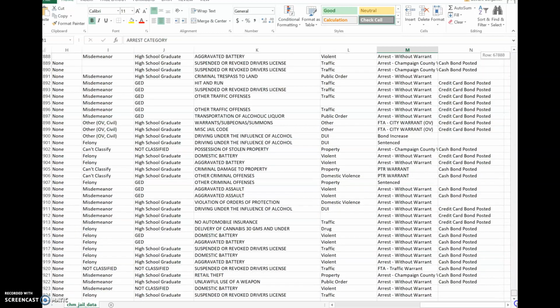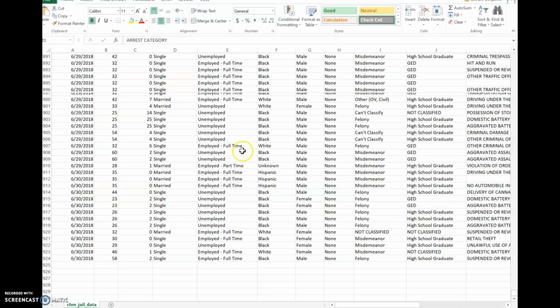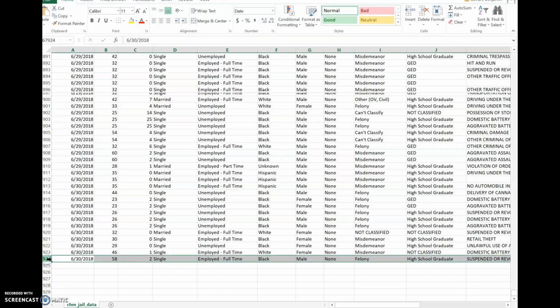individuals are in this database, and it looks like there are a significant amount of individuals. Sorry, I need to scroll this over just a little bit. My screen is right in the middle of the number, so it's really difficult for me to see how many individuals are here, but it looks to be 67,924 records, which means it would be 67,923 individual